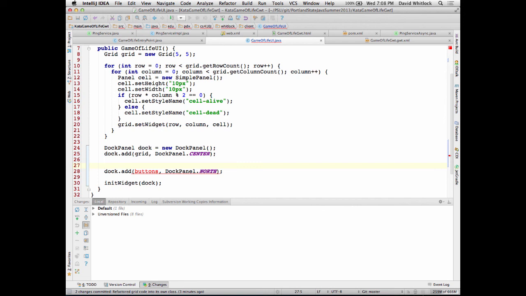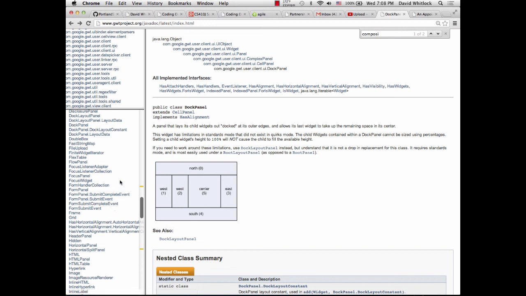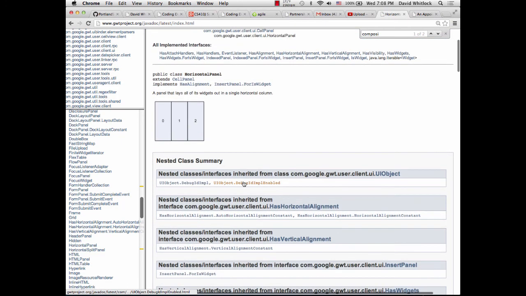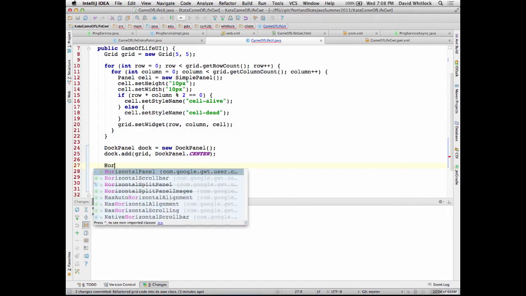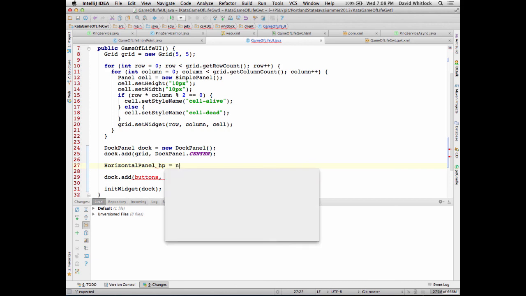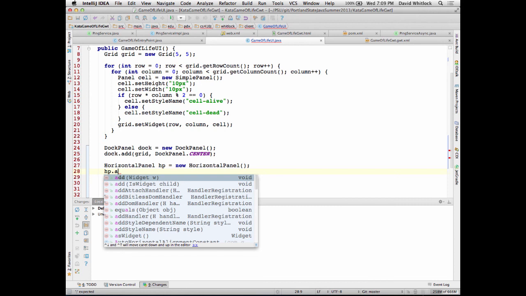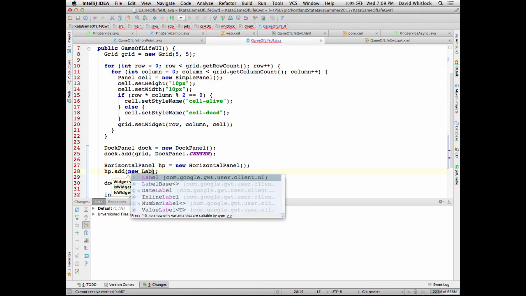I want my buttons sort of laid out left to right. Actually, it's buttons and some labels there too. So let's look at the containers that I've got. And how about a horizontal panel? Yeah, let's do that. Okay, so horizontal panel, HP equals new horizontal panel, HP.add, I'll have a label,